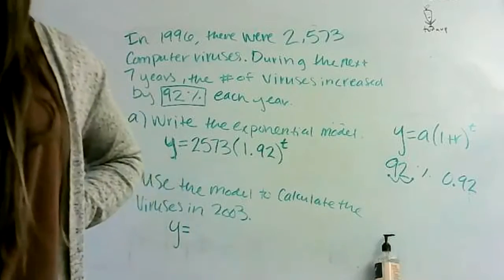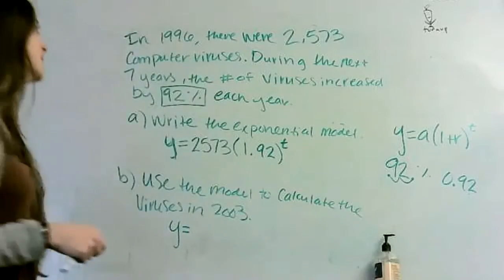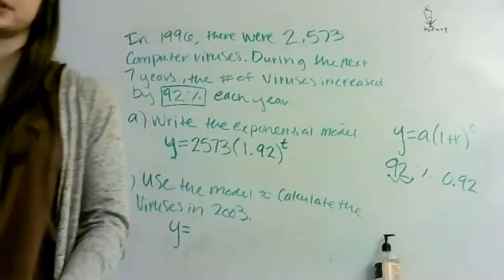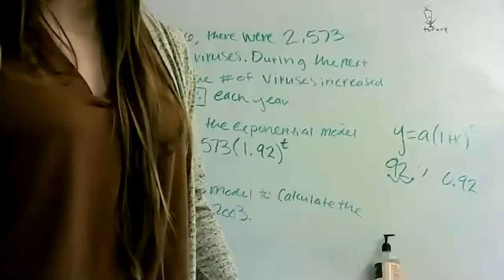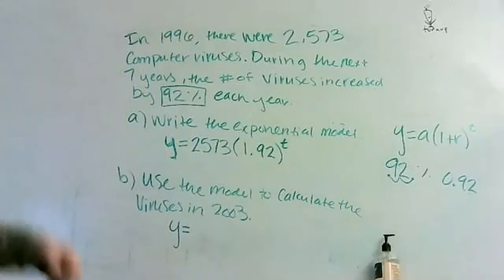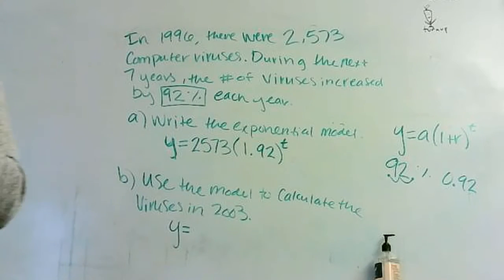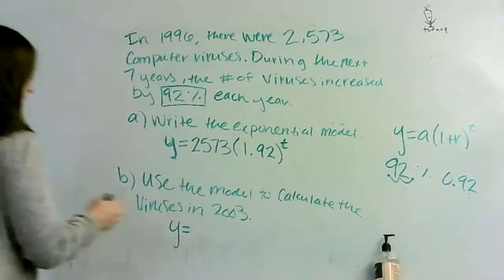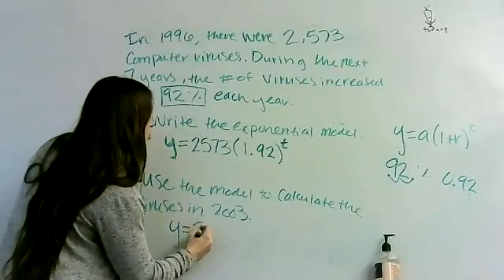Okay, so what number should we have input for t here? How many years have passed since 1996 to 2003? How many years does that represent? Not quite 8. You're skipping one, but you're adding one too many. So think about the years between 1996 and 2003. We're talking about 7 years. Okay, so t should equal 7 here. So we have